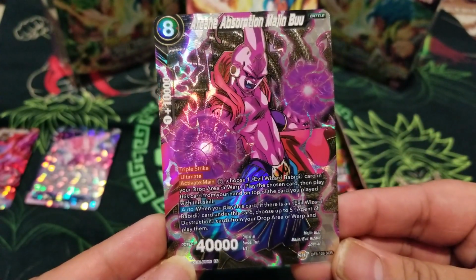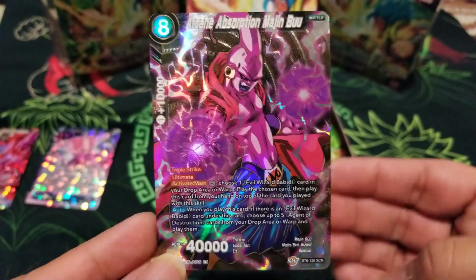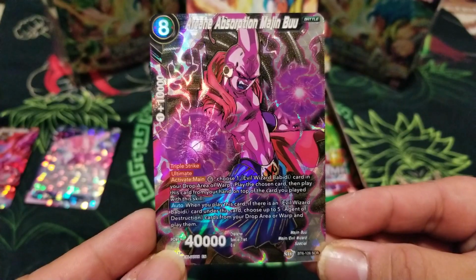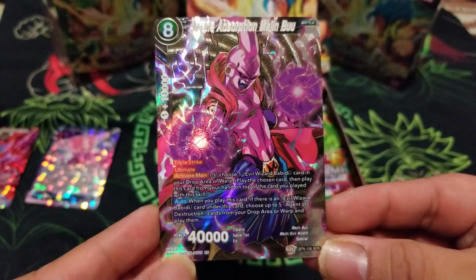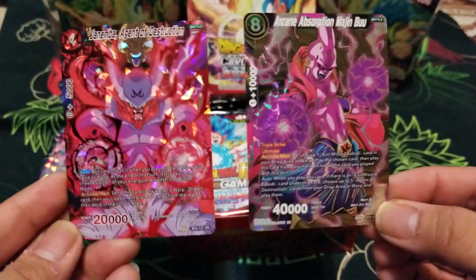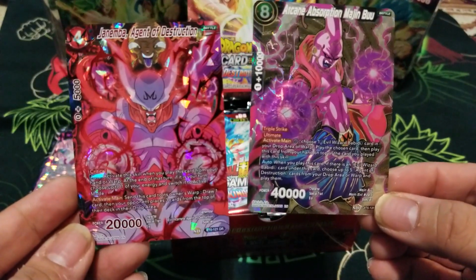Auto when you play this card. If there is an Evil Wizard Babidi card underneath this card, which you should because of the effect, choose up to 5 Agent of Destruction cards from your drop area or warp and play them. So you could literally make a deck based off of these guys, Agents of Destruction, which are very powerful effects,